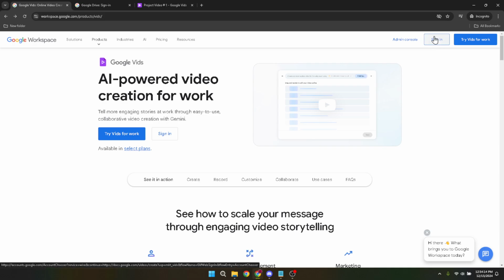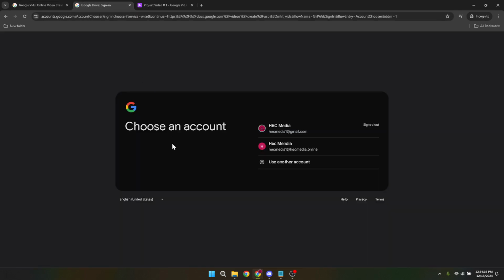It's a standard procedure. If you've used any Google product before, it will feel familiar. After clicking Sign In, you'll be prompted to choose your Google account. This is the account you use for all things Google, be it Gmail, Drive, or any other service. Select the account you want to use for Google Vids. If you have multiple accounts, make sure you select the one where your video is stored, or the one you intend to use for editing purposes.